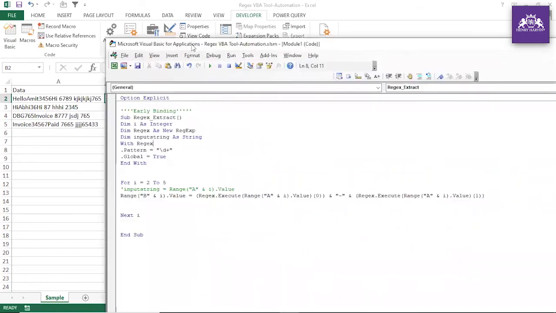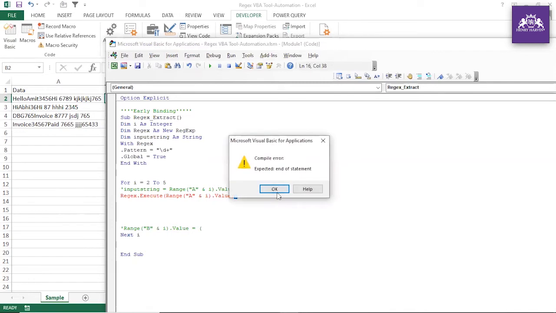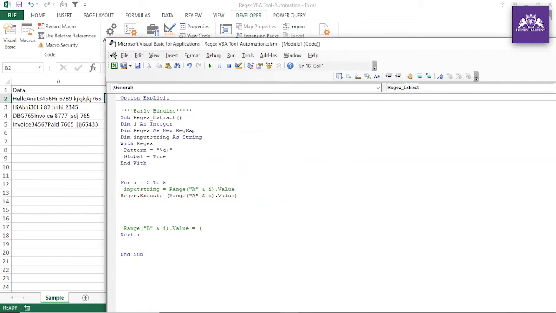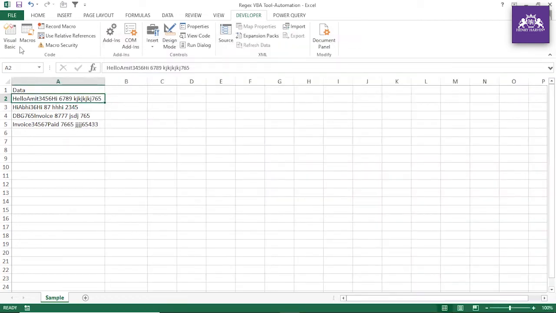Guys, very simple actually. Now you just forget about this. Maybe you can just do something. You can put that way. What we can do here is a very simple exercise. Remove this thing and remove this also. So this is actually the function regex.Execute. So it will execute on the basis of that.